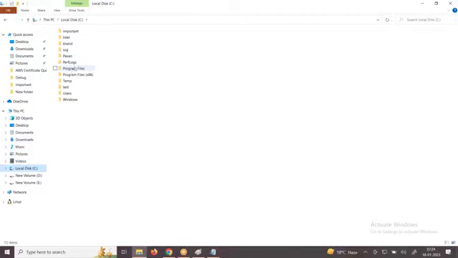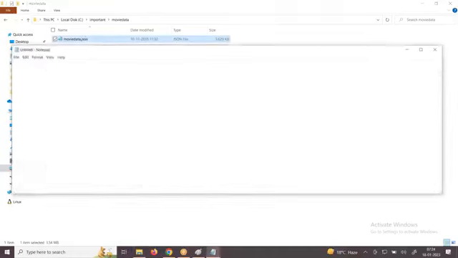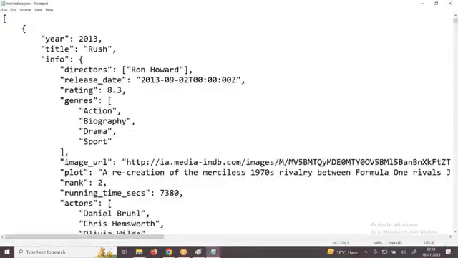You have IMDb. How many people know IMDb? IMDb is fully about movies, right? See the real data of IMDb, real movie details, real database. It is in JSON format. See the properties: year, title of the movie, and if you have one director or multiple directors, multiple directors will come under what? Square brackets.